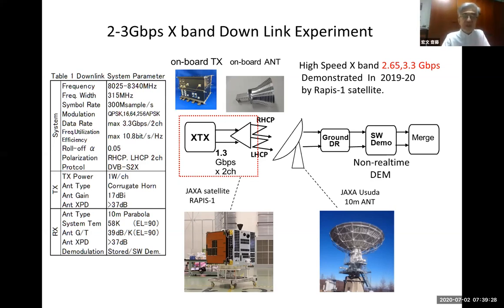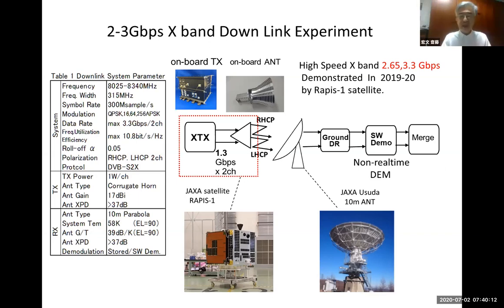And we put these X-band onboard system on the Japanese JAXA small demonstration satellite RAPIS-1 in last year, and we received our signal at the JAXA Usuda 10-meter ground station. That station is modified from original cable band to X in this project. And since there is no such high bitrate demodulator in the market, we record that signal in the ground data